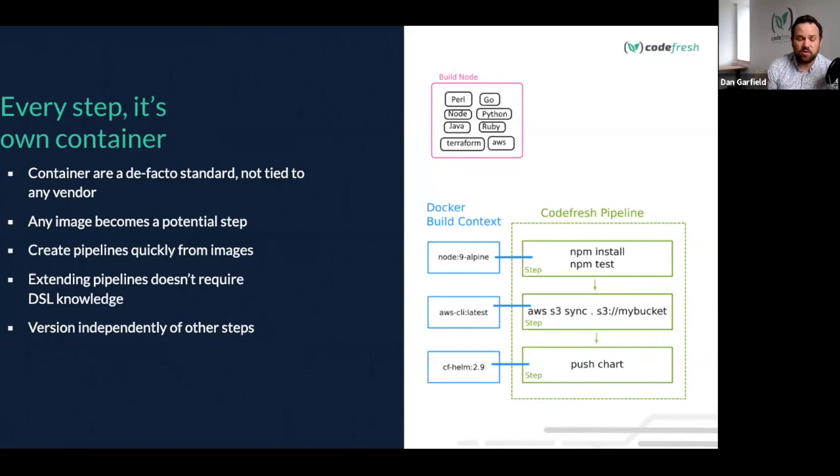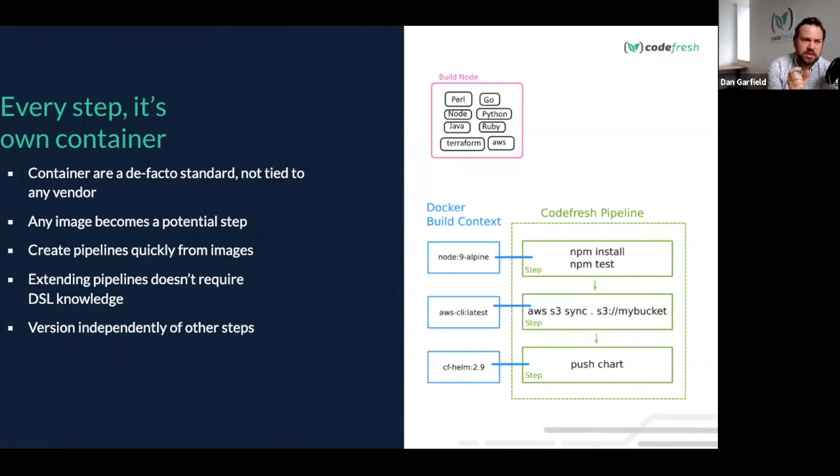That's not the case anymore, and all of these things have complex interdependencies, so it's difficult to do. So containers are actually a de facto standard, right? They're not tied to any vendor, and they're available anywhere. You can go on Docker Hub or GitHub's Docker registry, and you can find pretty much any image that does whatever job or has whatever tooling you need. And it's about